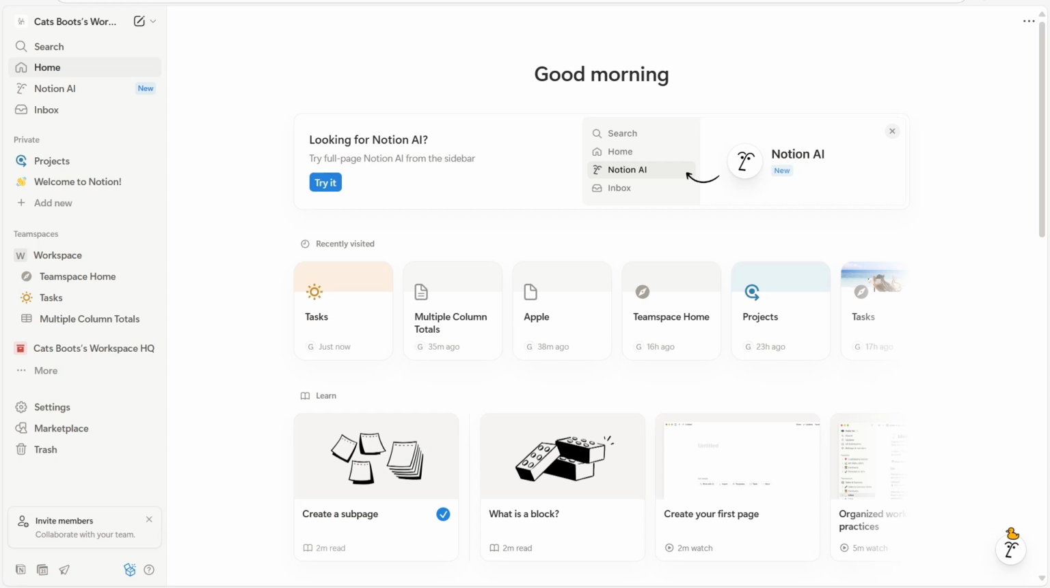In this video, I'm going to show you how to make forms in Notion. Let's get started. After successfully logging in to your Notion account and being able to access the home page, the